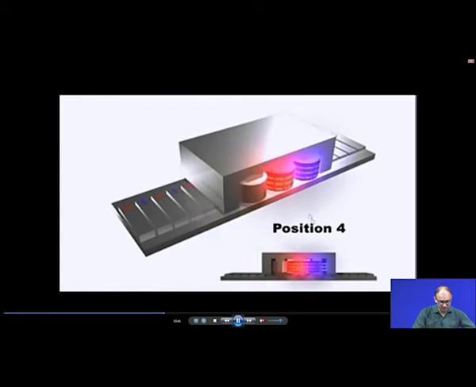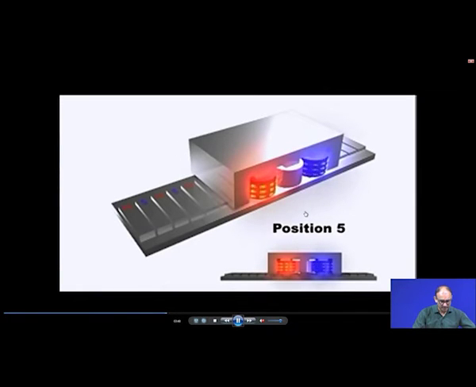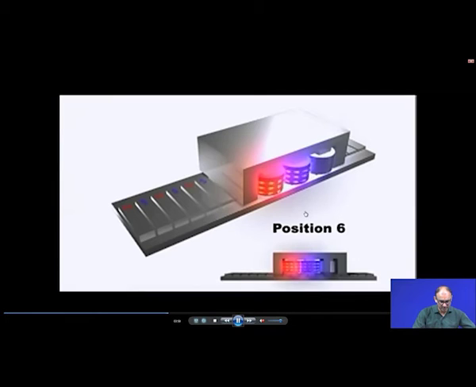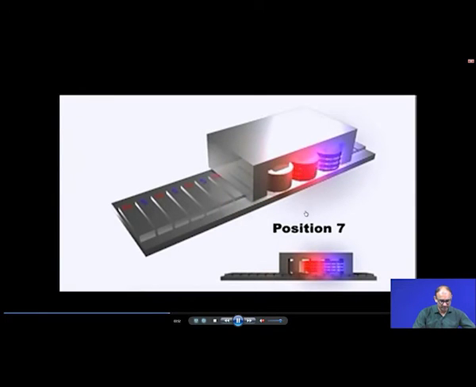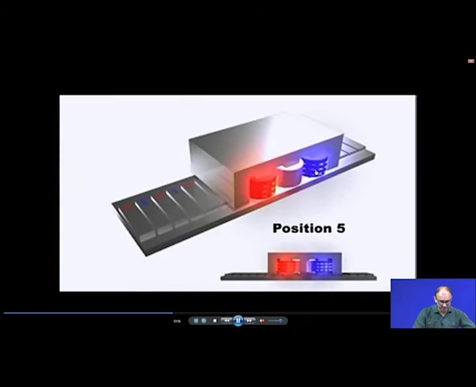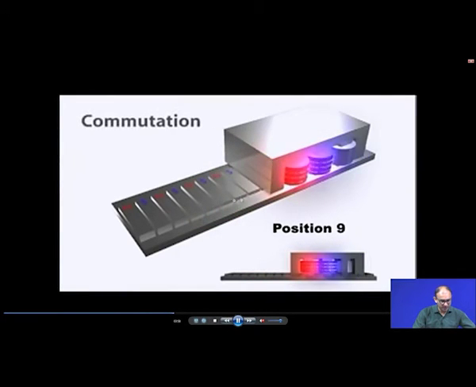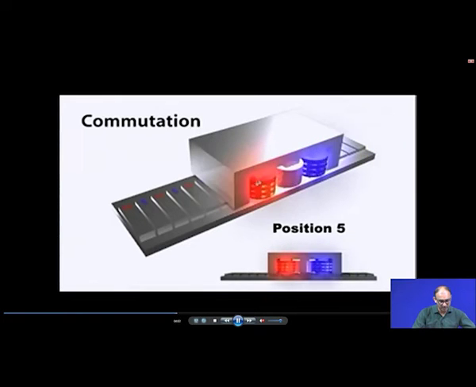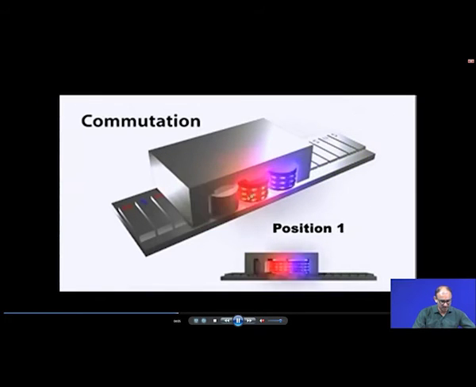So, this is the third position, this is the fourth position, and again the same thing will repeat. First two will energize, then the first and the last one will energize, and then the middle one and the last one will energize. This way you can get the linear movement. Now if you increase that frequency of change, then you can get very high speed. This is the commutation, that is, how frequently you are changing the current direction.